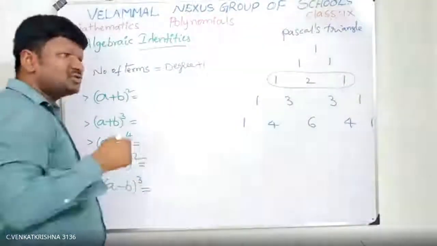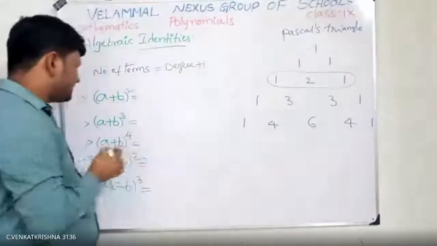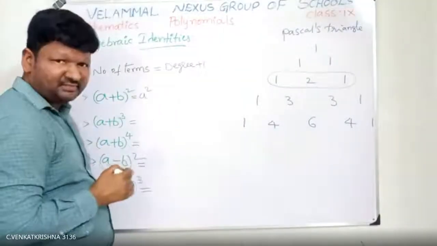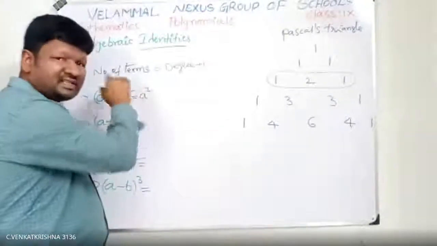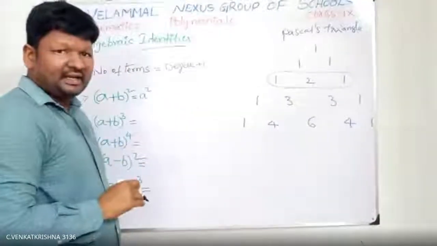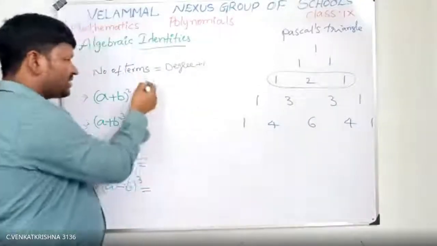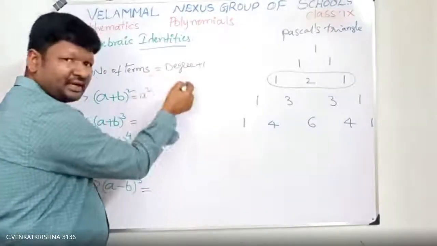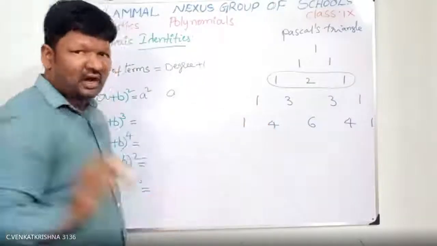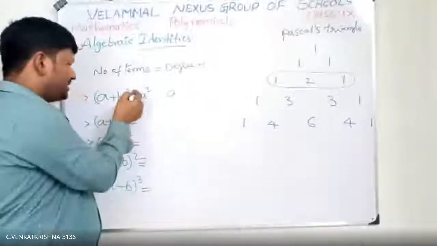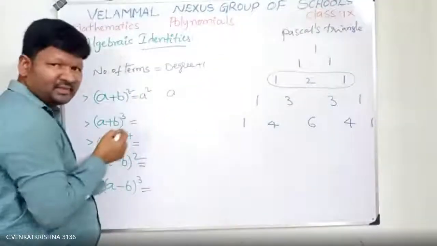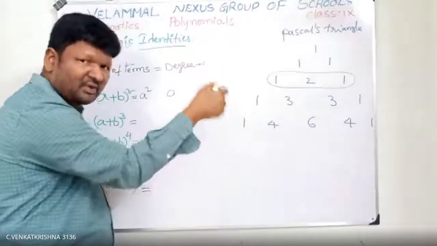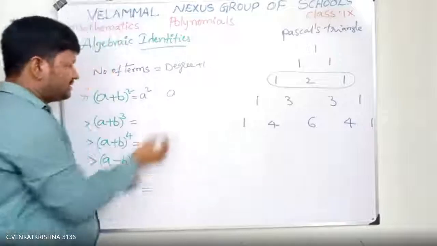Now how to write? Just listen. A degree is 2, no? A square, the first term. Then the power of a keeps decreasing by 1. Here a square means degree 2, then degree 1, then degree 0 means constant. Clear? So degree is 2, a square, then degree is 1, a, then after that 0, a power 0 is 1. Next, here b is